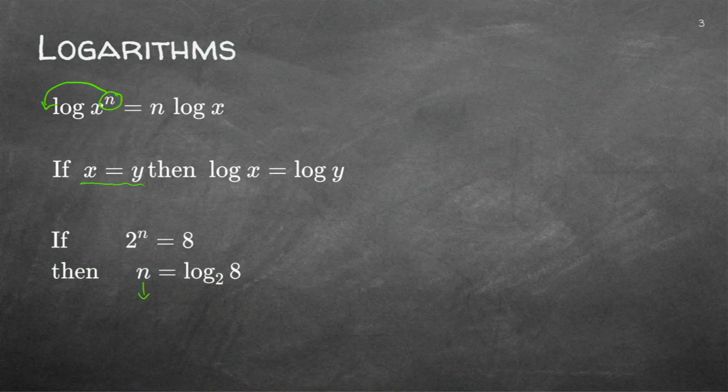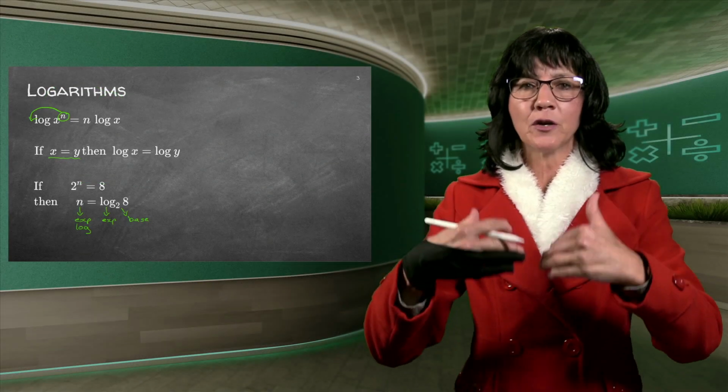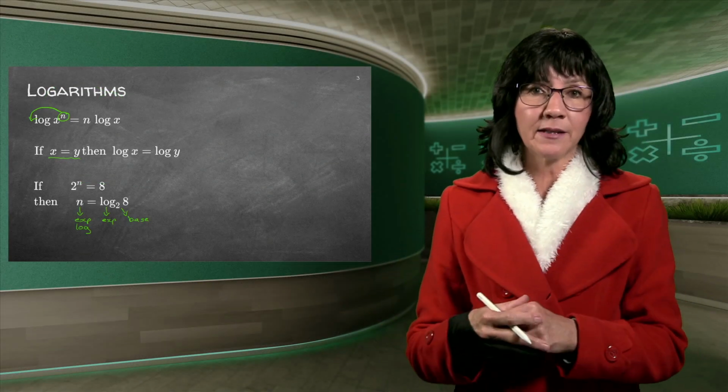That n there is your exponent. And remember, another word for exponent, from when we did exponent lessons, is log. Log and exponent is just the same thing. Because the n is hanging in the air, it is my exponent. What was the base of that little exponent? It was a 2. There's the base of my log, the little footnote at the bottom. What did I not write down yet? The 8, and then I just slot in the 8. This is how I prefer to do it, to conform it straight away to log, because that's how I'm going to get the n down.